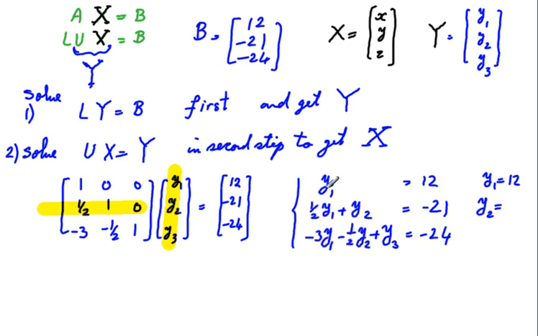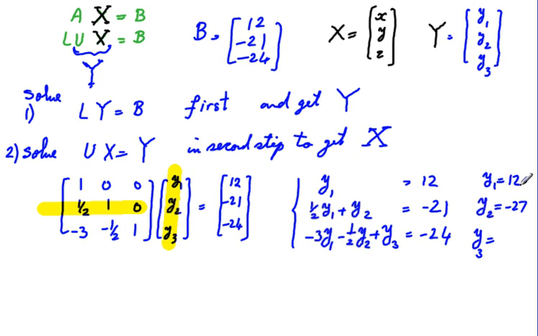Negative 27. Everybody sees what happened? Well, y1 is 12. You plug it here, it becomes 6. You take that 6 and subtract it from that side, which makes it minus 27. And then you go to y3. You're just doing